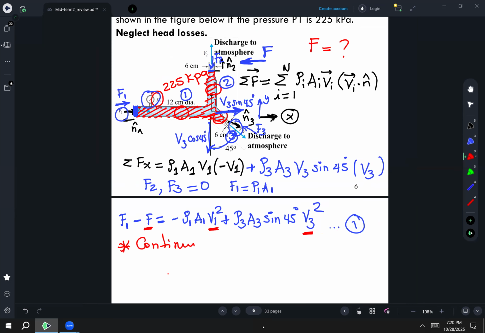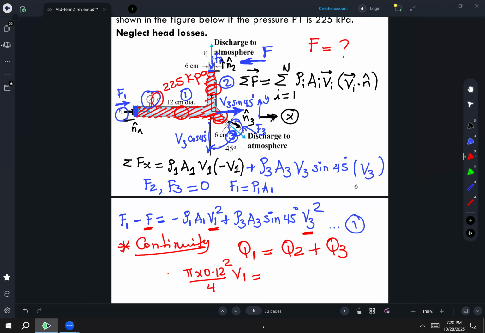And continuity tells me that the flow coming in has to be equal to the flow going out. So in this case, the flow coming in is in pipe 1, and in pipe 2 and pipe 3, they are going out. So we can say the flow in 1 has to be equal to the flow in 2 plus the flow in 3. The flow in 1 is area times velocity 1. Area is pi times 0.12 squared divided by 4 times velocity 1, and this will be equal to the flow in 2,